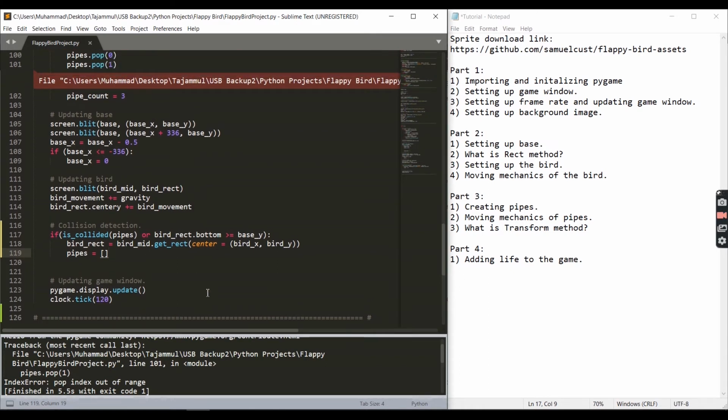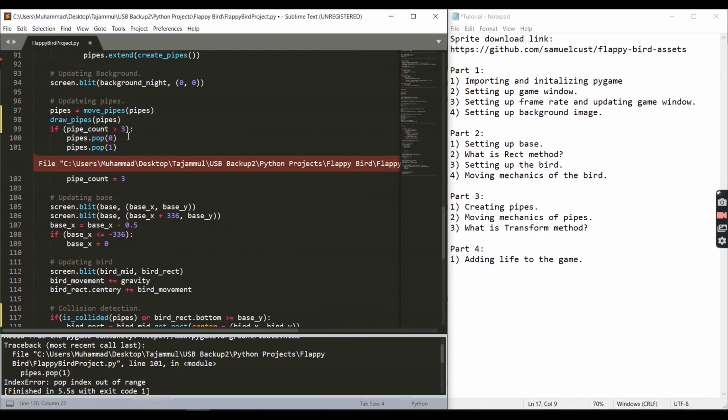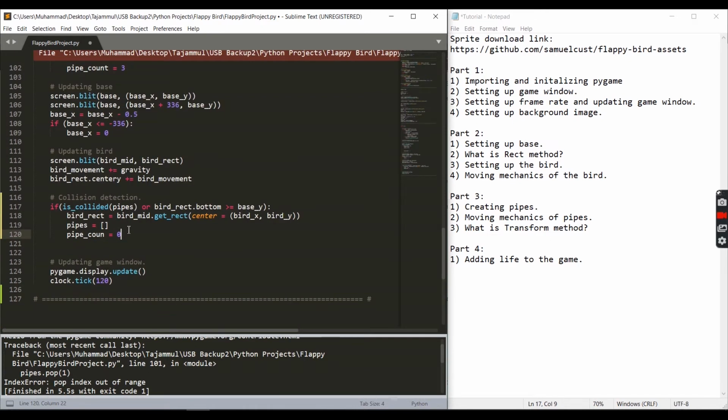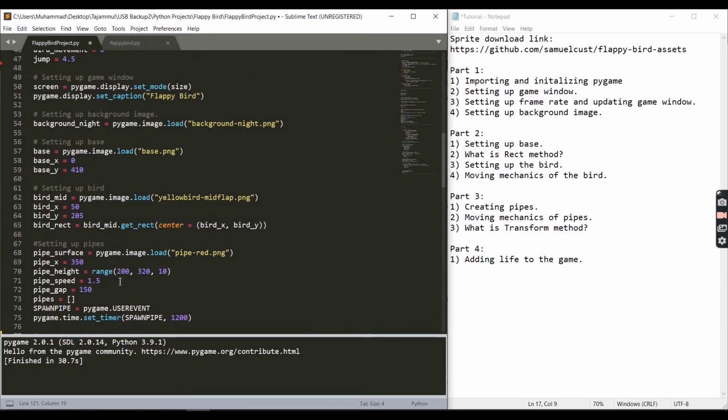I think let's just fix this one first. We can set the pipe count to 0, because this was trying to pop the element from the pipe, but there were none. I could still see the pipe count spelling. I just didn't put the t in this pipe count, so it didn't reset the variable. And the other thing was